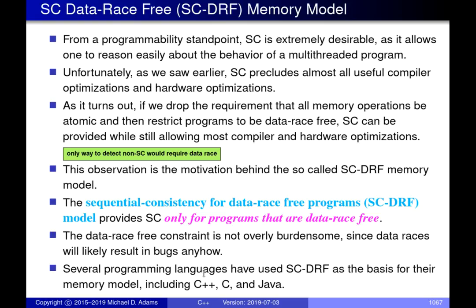So the compromise that a lot of languages have converged on over time, and essentially what's done in C++, is a memory model called sequential consistency for data race-free programs. First of all, we don't want to make all memory operations atomic, because this requires synchronization, and this is going to slow things down. So atomicity goes out the window. We can request it if we want it, but by default, things are not going to be atomic. Because of this, we can have data races.